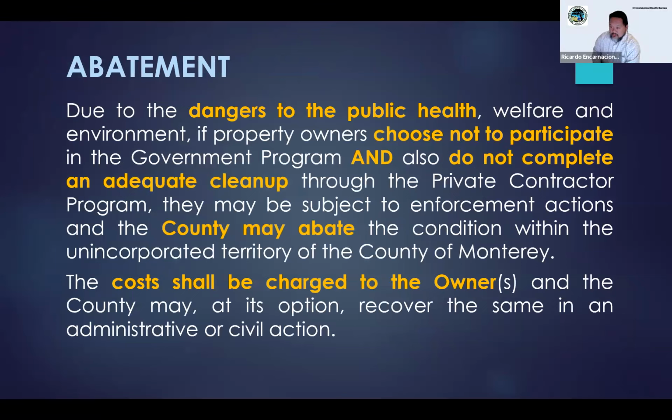All right, so as you can see, there are a lot of requirements, and pretty much everything that Maria just described is the same thing that the government program will do for you. However, if you choose to do it on your own, those are all the requirements. This slide speaks to those situations where, on a case-by-case basis, if we cannot reach the property owner and there's no movement or any activity, the county may conduct their own abatement at the expense of that property owner. Also, in those cases where there's inadequate cleanup,